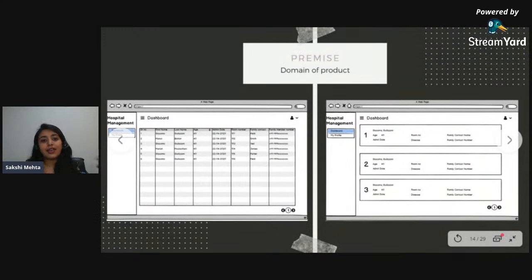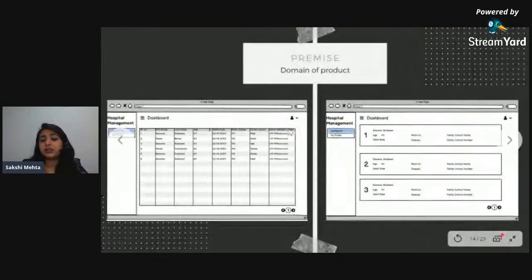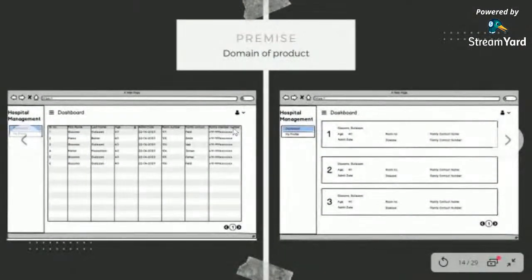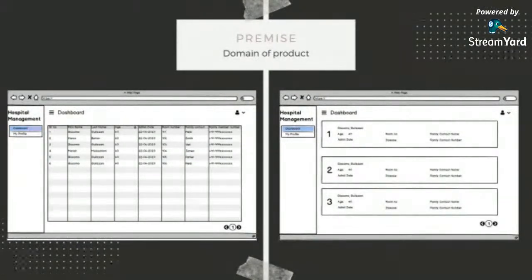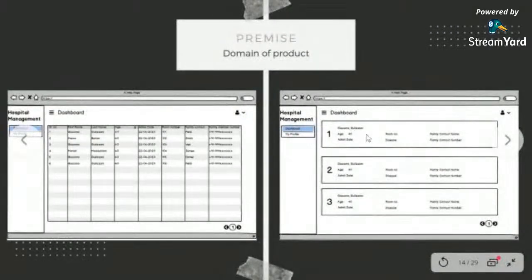Okay. So I have got you a real life example of what we deal with in our daily situations. Right now you are able to see a hospital management site. For example, if a hospital management person walked into your room and said, I want a patient page where we can see all the patient information, like their first name, last name, age, dates, the hospital name, the disease that the patient has, and which room number they are in. They want all these things to be seen on a single page. So what you will do here is, first of course, go for a brainstorming session, and maybe you will see this particular